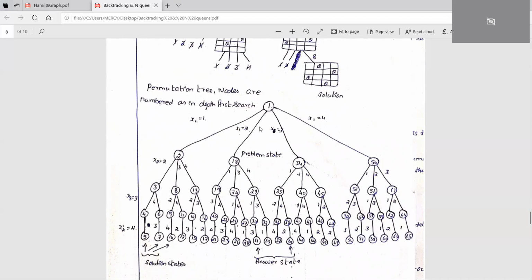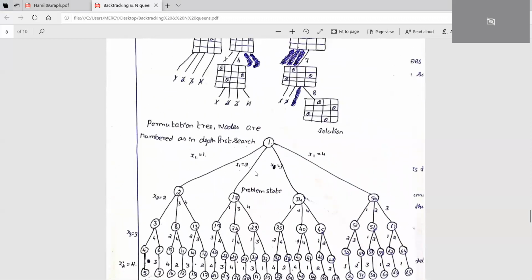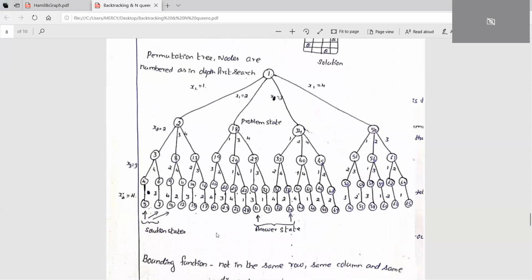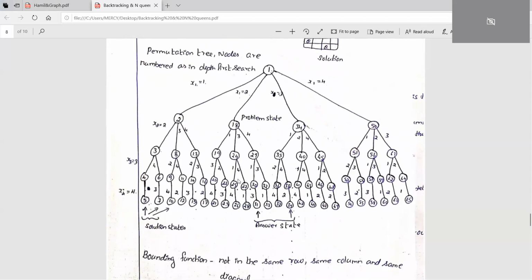Okay, so now if you come here, what happened? If I am taking 2, so we are making the 2 here. Okay, so after the 2, what are the other possibilities we have? First we'll make it as the 1, and then we'll make it as 3 and then 4. Here also there is no possibility, here also there is no possibility. Then we take x equal to the fourth position. In the fourth position, then again you try with the third queen. The third queen can be put in the first position, and then the fourth queen will be in the last position. Okay, so now that is Q2313. So this will be the answer state.